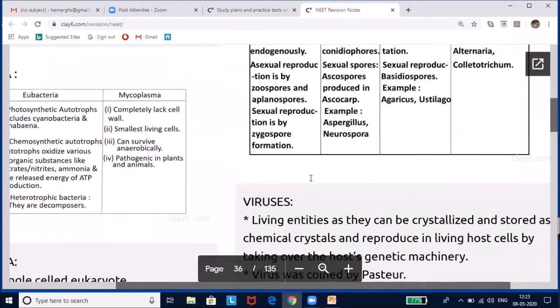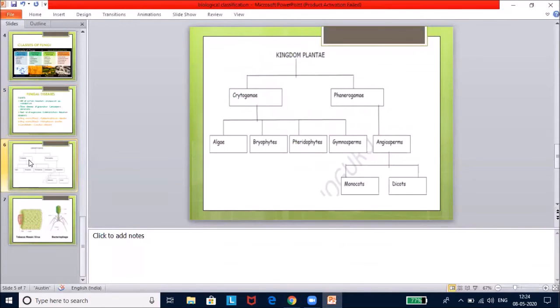Now, here in this, we have not mentioned animals and plants because, as I said, they are dealt with under separate chapters, so we did not include this in the PDF. But I will give you a brief view of plant classification. Kingdom Plantae is broadly divided into Cryptogame and Phanerogame. Cryptogame into algae, bryophytes, pteridophytes, gymnosperms. Phanerogame is angiosperms, monocots, and dicots. Again, you don't have to take this down because I will be starting again from this in the next lesson.